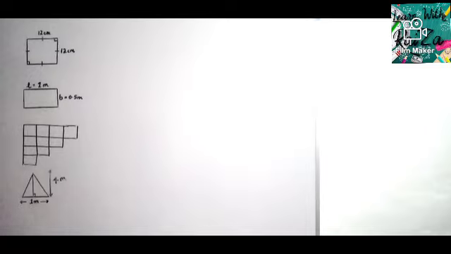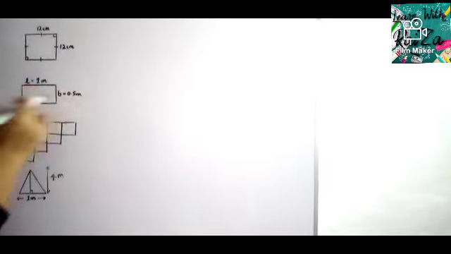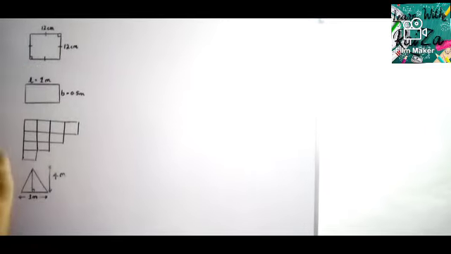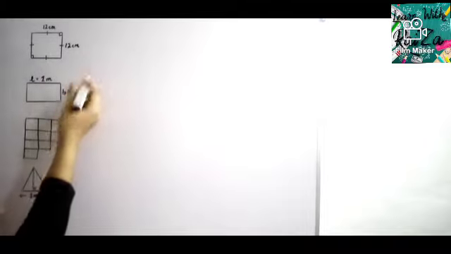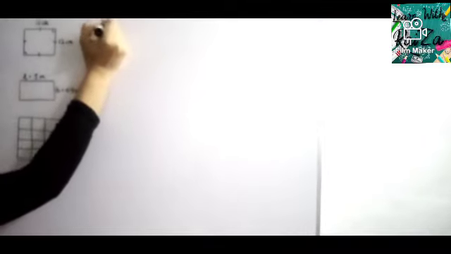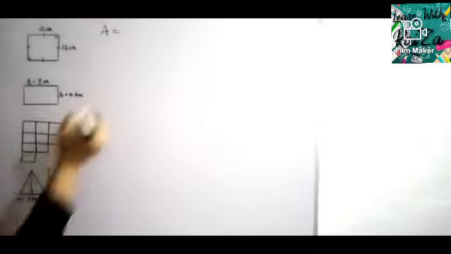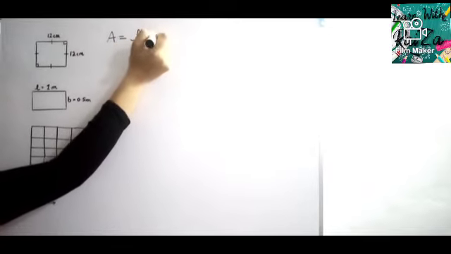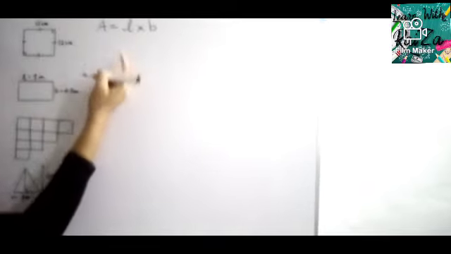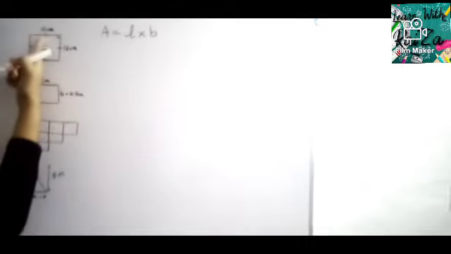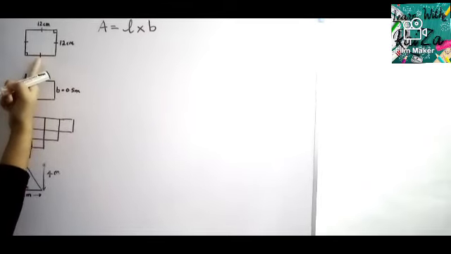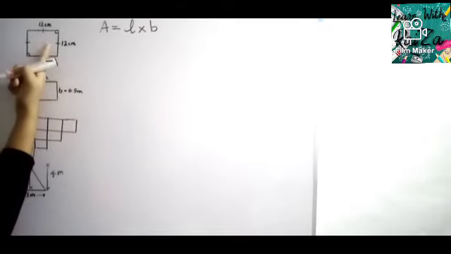Okay, now here first of all I have taken a very simple example, a square and a rectangle. First we'll solve these two. I think this is very easy, you learn it even in pre-grade. So tell me how to find the area of a square. Yes, as I told you in the note, length into breadth. So then here, length into breadth, we know square means all sides are equal. That's why I have denoted here these equal signs.